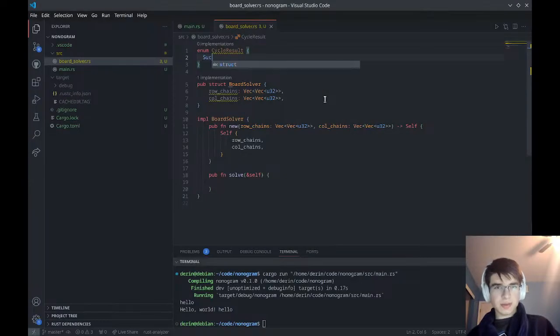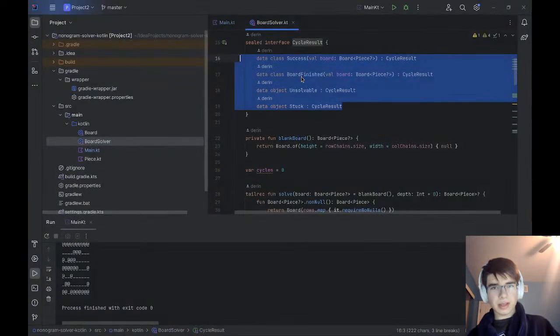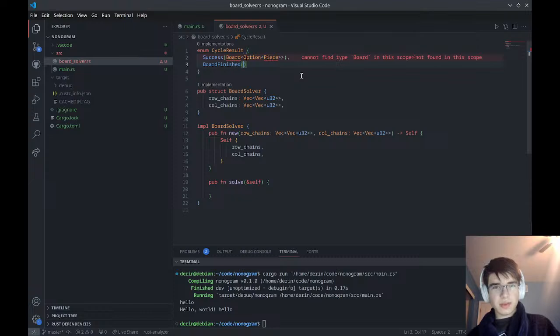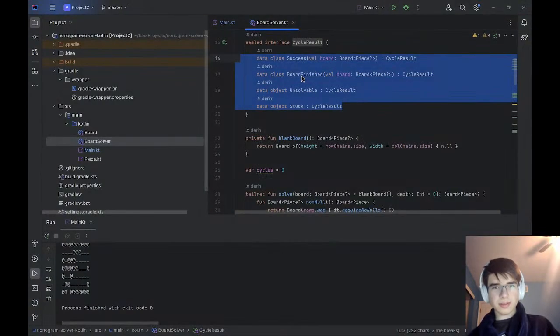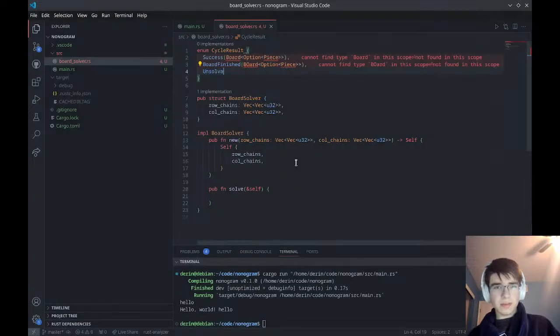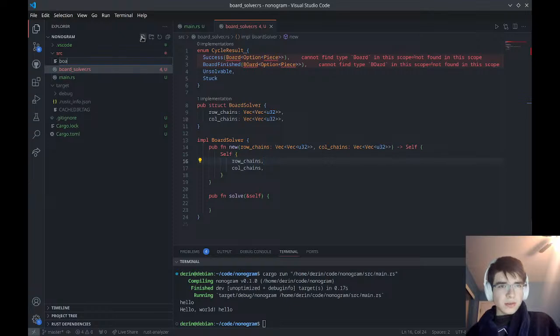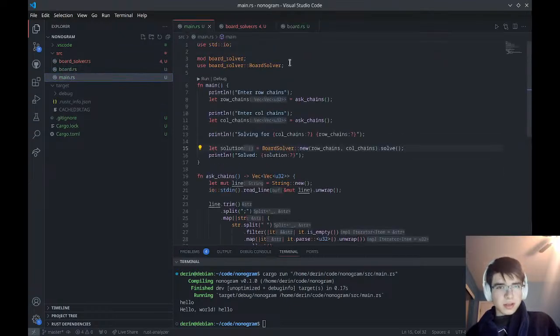So we have either it's a success with a board of optional pieces, or, and we're going to get to that because right now it's not loving that, it's board finished with board of optional pieces, or it's unsolvable, or it's stuck, right? So to get this to stop yelling at us, we're going to need to